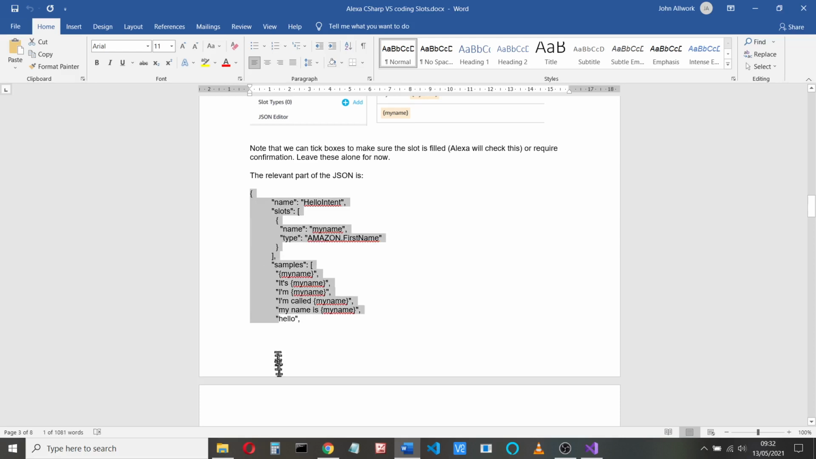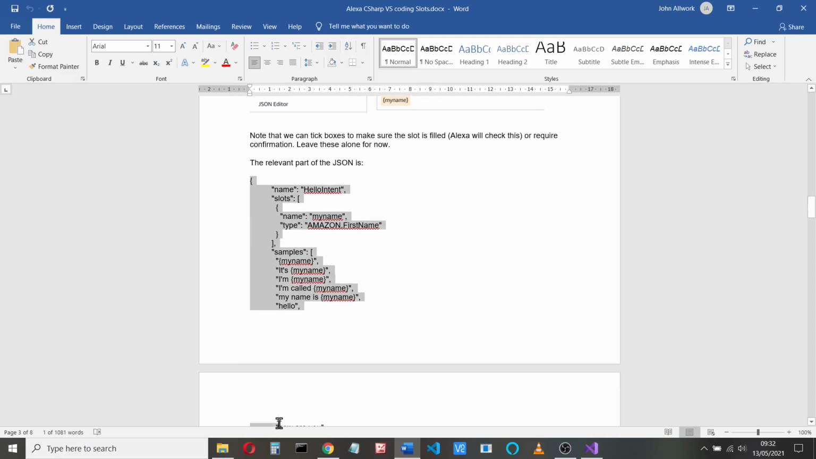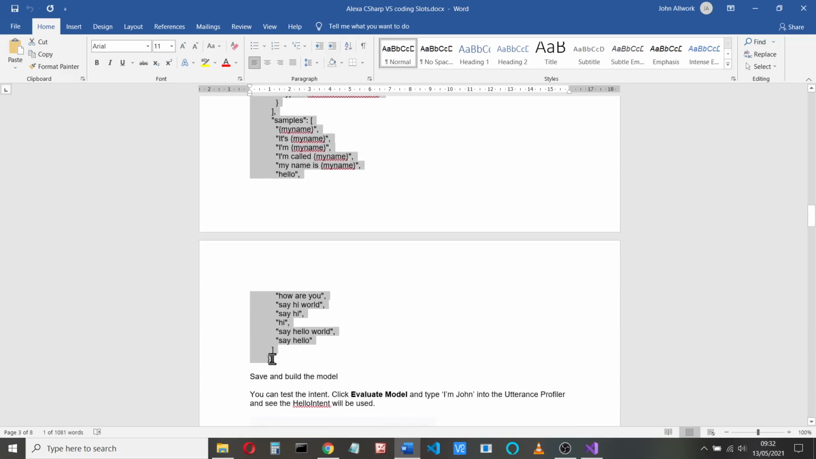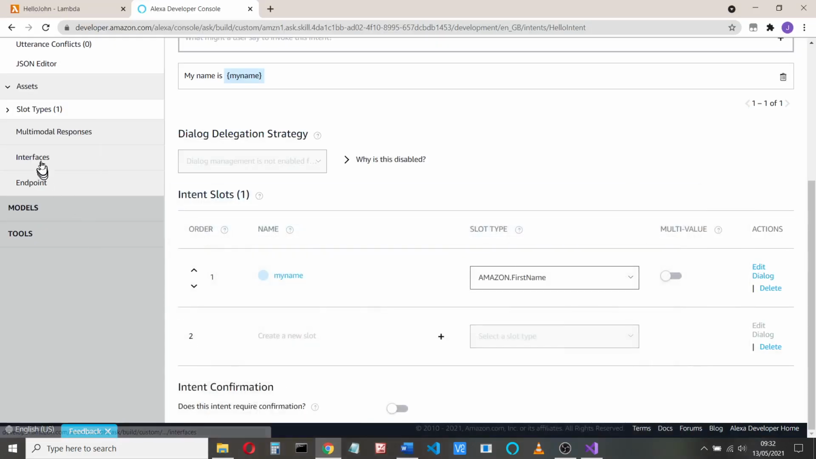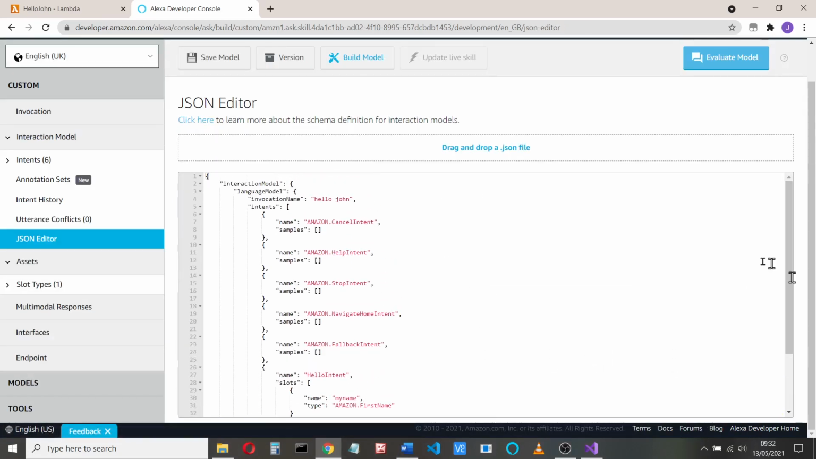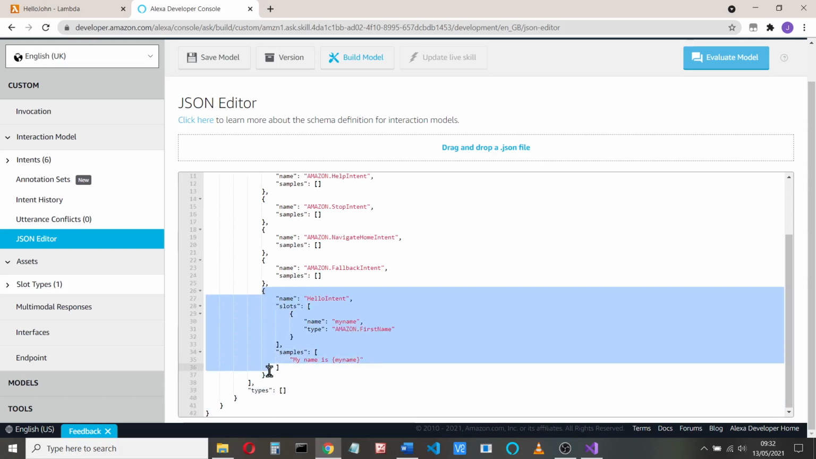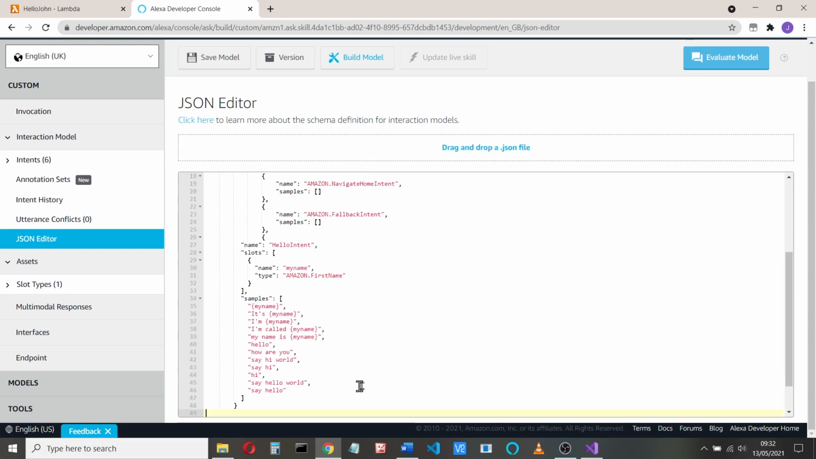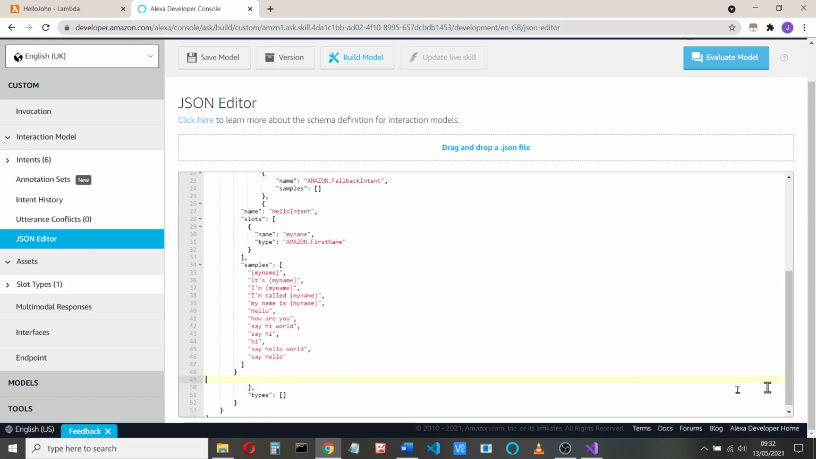Okay, you can add some other utterances, but I'm just going to copy and paste this piece of the JSON. So it's called hello intent. I'm just going to show you how we can also edit the JSON editor. So this is what's created. This is where our invocation is, and all the intents go here. And our hello intent, I'm going to just change all this